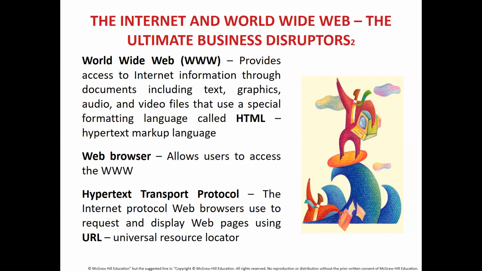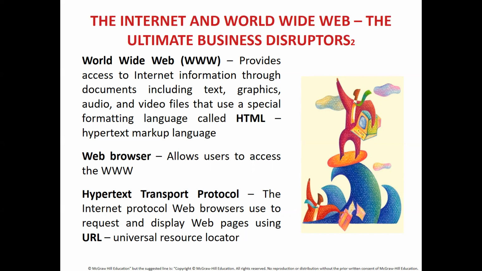Now, when you talk about the World Wide Web or WWW, people generally mix up the internet and the World Wide Web. In fact, they are very different. The World Wide Web operates on the internet. Moreover, the World Wide Web is the software component and the internet is the hardware component. The World Wide Web is also a global hypertext system, whereas the internet is the network of computers. So there's a vast difference between the World Wide Web and the internet.